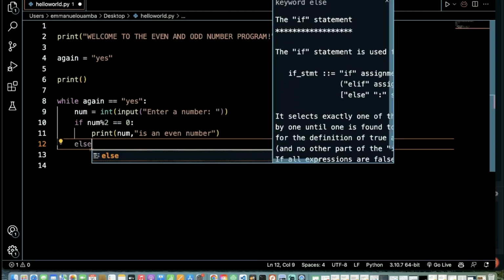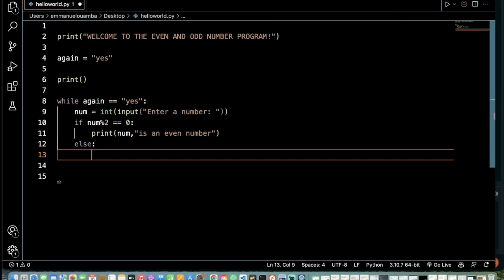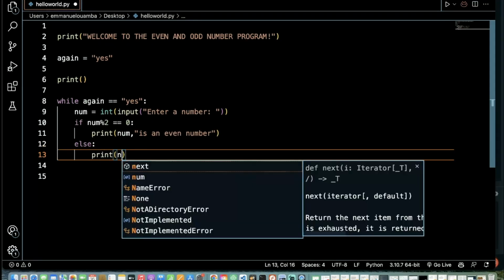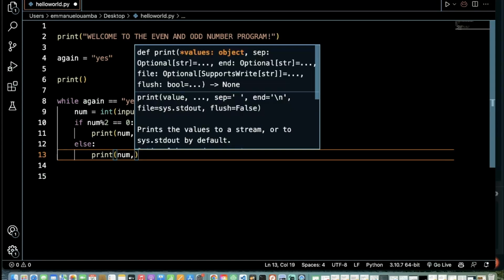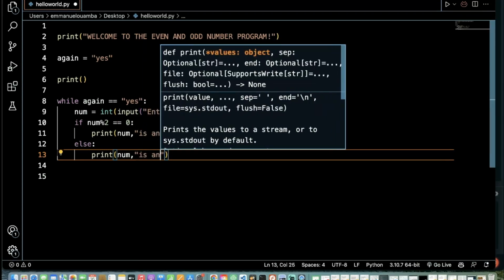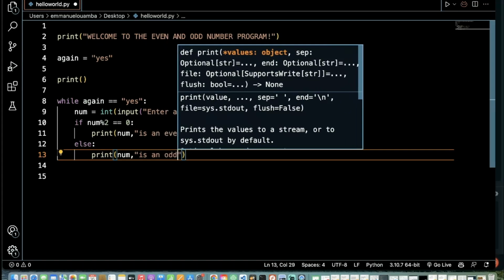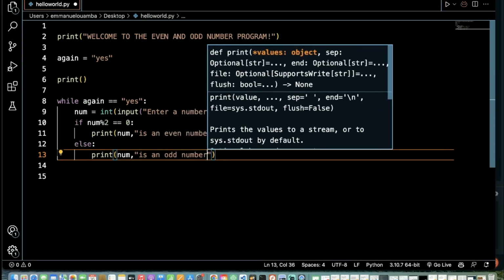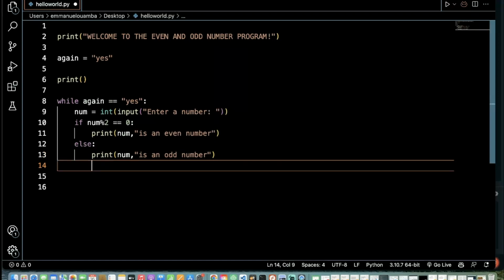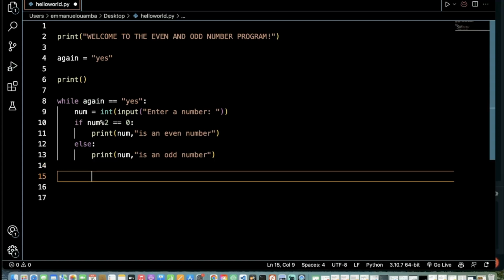Otherwise, the program will print num is an odd number. Alright, and then